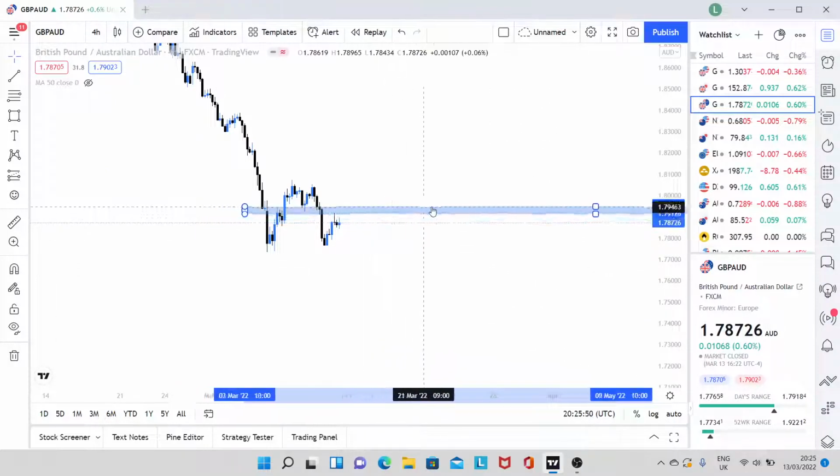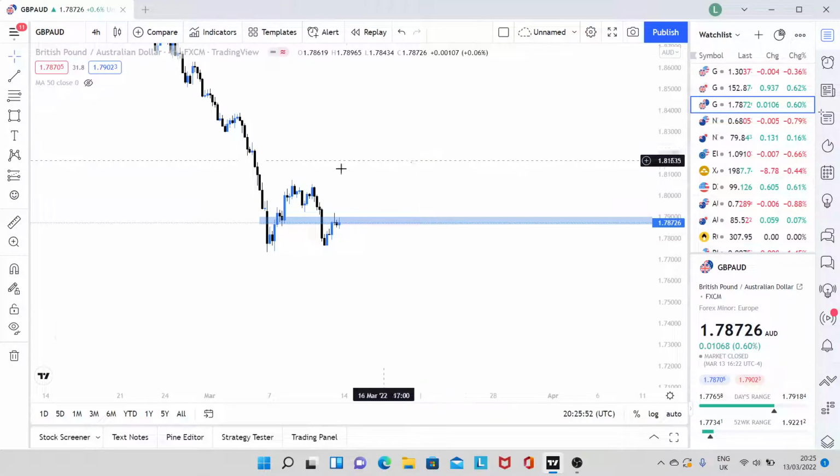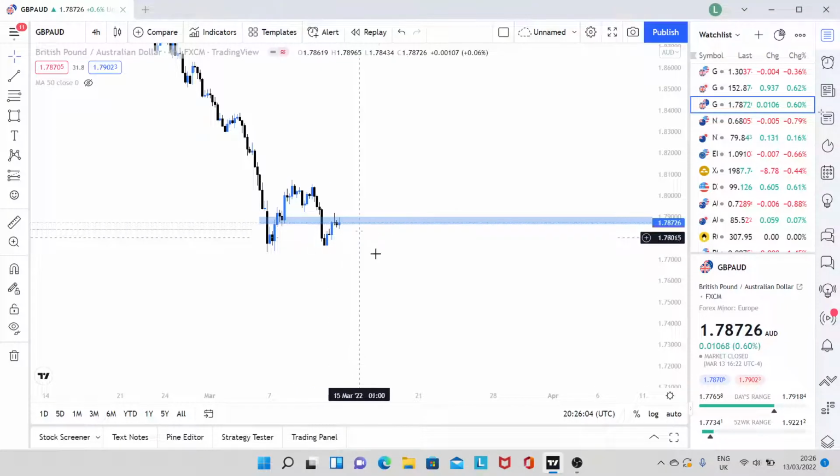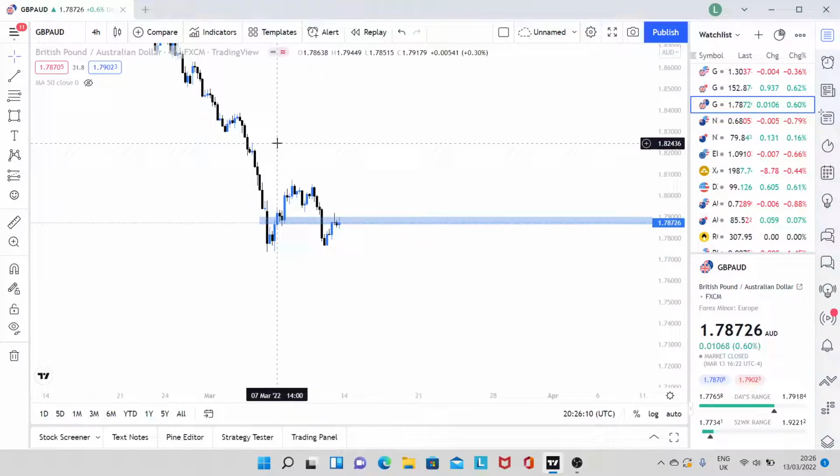So maybe if we just adjusted this zone to here, so we had a break above, retest, stalled and couldn't go any higher, created a little double top formation here, broke below, and now we've retested with rejection. Potentially on market open, I might get an entry here. This would actually be a really nice trade. We've got 2 pin bars pinning away, candlesticks are really small, which indicates exhaustion. So we could see something like this.